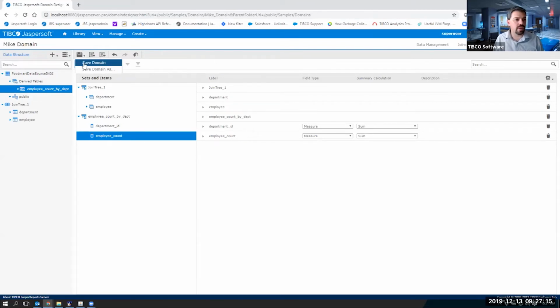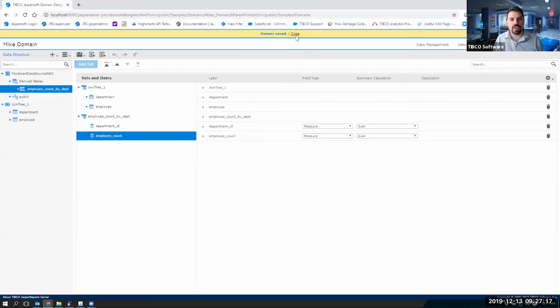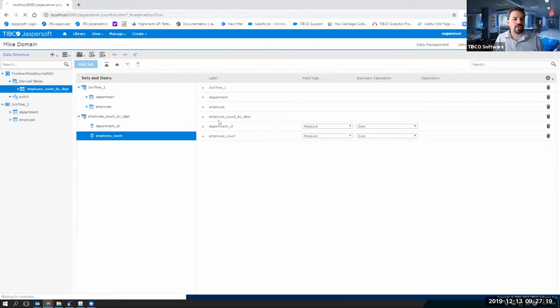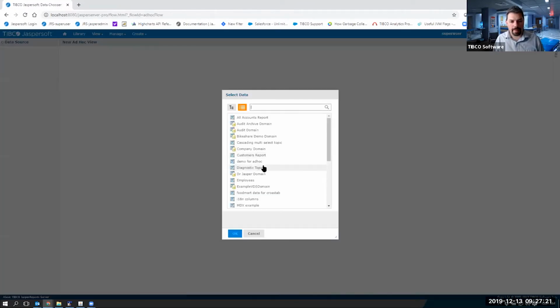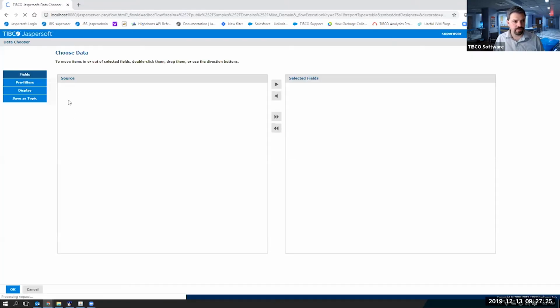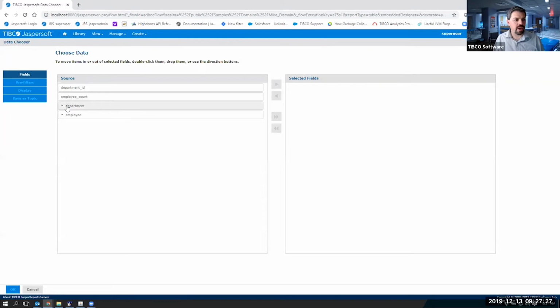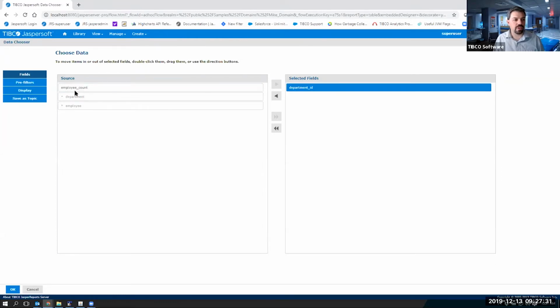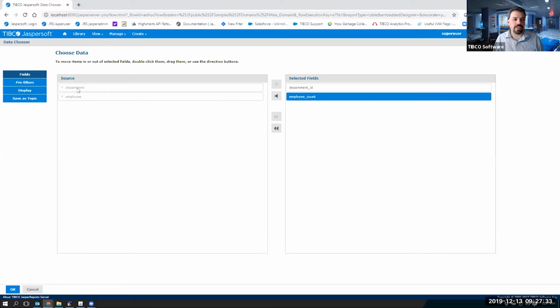So anything I do here now, I'm going to resave this domain, and I'll go ahead and create an ad hoc view again. Use my domain, and now you'll see I've got those two fields that came from my derived table. So I can just put those in, and because they're not joined, I did not add a join to either of my other tables, these get grayed out. So I would have had to add a join to be able to see the other employee data for this.